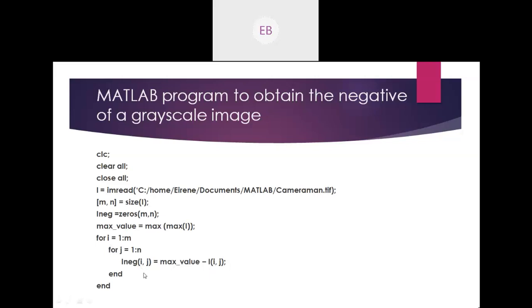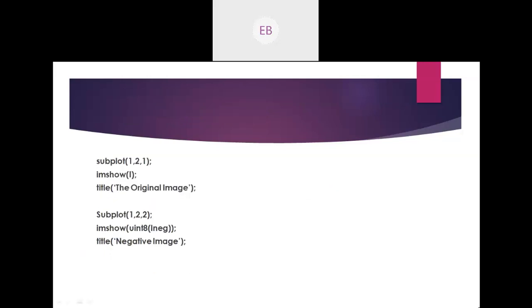And this is why we have used this syntax, because we want to replace the darker pixels with the lighter and the lighter with the darker. In short, we want the negative of the image, so this equation has been used here. Now let's go on to plotting. You want to display both the original image as well as the negative, that is the output image, so I will use this command here: subplot 1 comma 2 comma